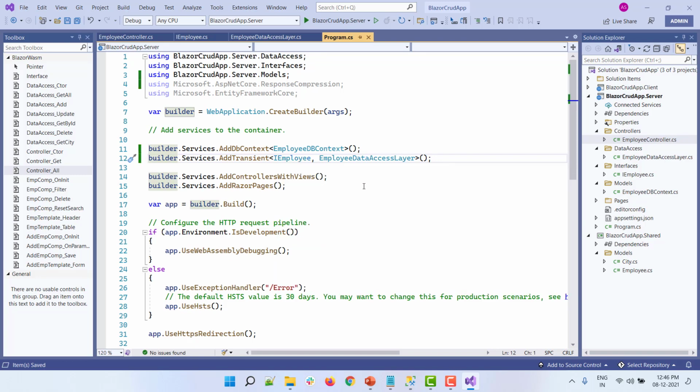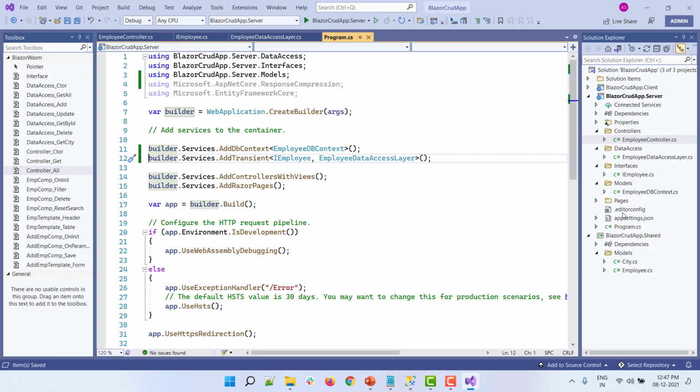Just a point to mention over here, if you are familiar with .NET architecture, until .NET 5 we are going to add this kind of code in the startup.cs file, but as you can see, there is no startup.cs file in .NET 6. This is a recent change introduced in .NET 6, where we follow a minimal model. Whenever you are creating a new application, you don't need to add a startup.cs file. You can do the same configuration in the program.cs file.